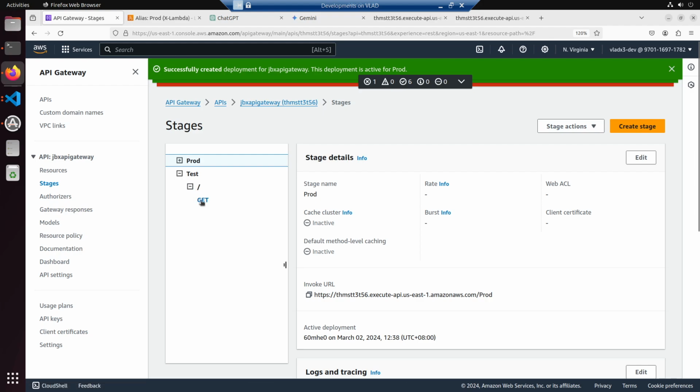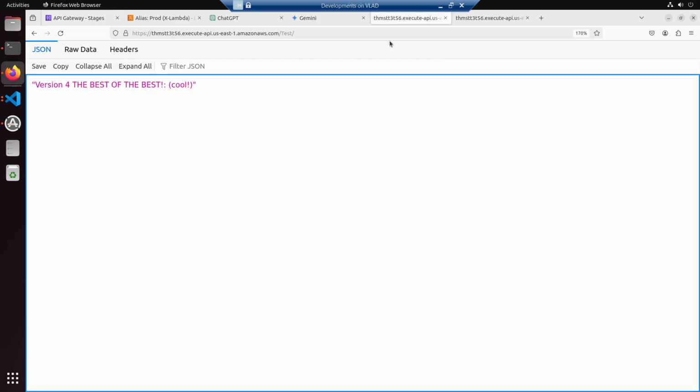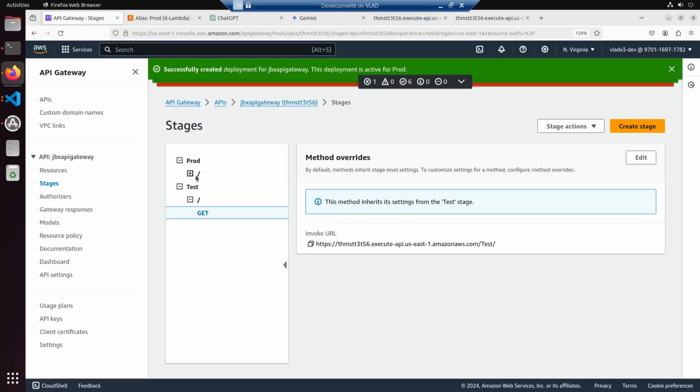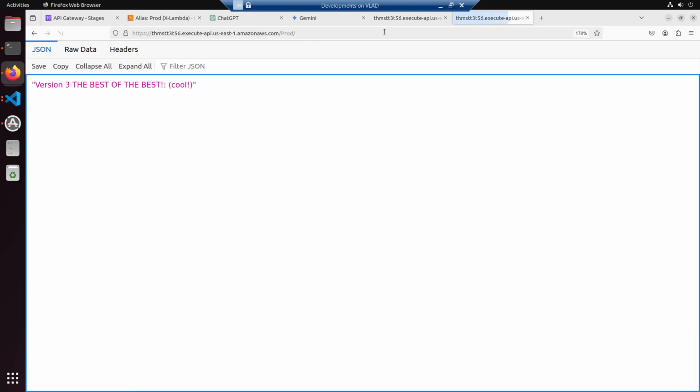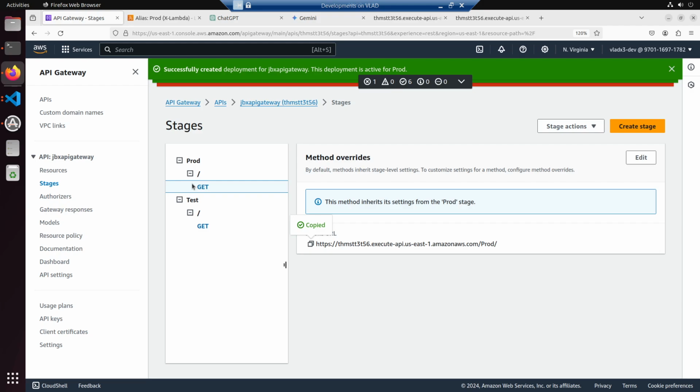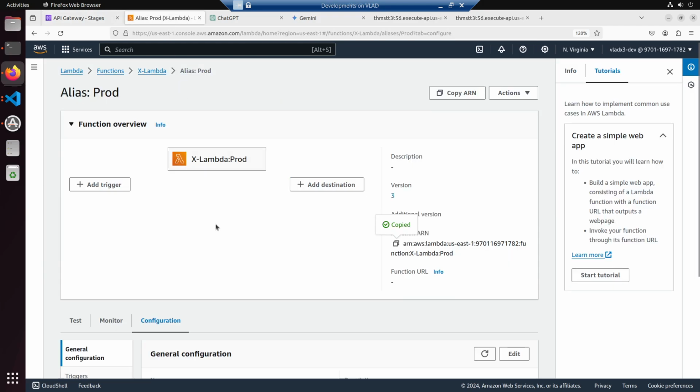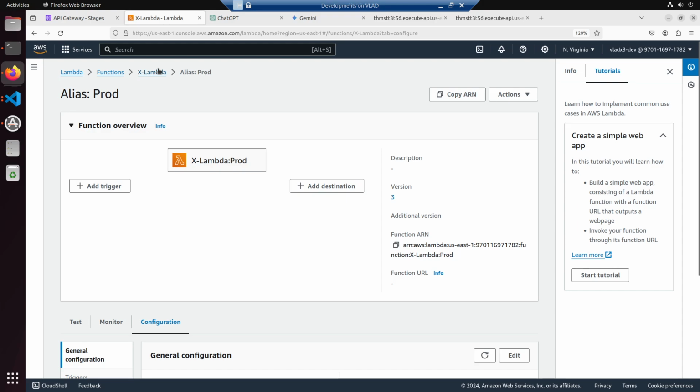So if you go back here, let's invoke this. This should have version 4, and then this one here should still have version 3. The prod will still have version 3. Yeah, so that worked. The test is version 4. Prod is version 3, and now if we want to promote